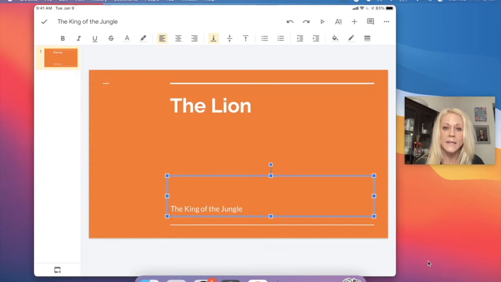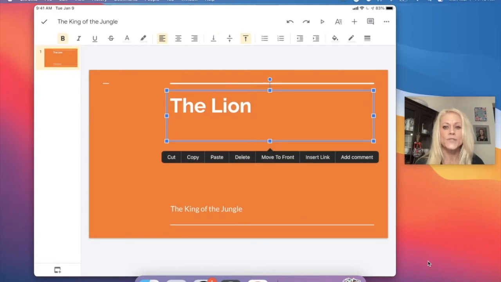Now to format, to change the look and the size and the color, I'm going to go back to tap on the lion, and I'm just going to tap 1 time. When I tap that 1 time, you're going to see a black menu appear at the bottom that allows me to do all kinds of various things, which we'll explore in greater detail in future lessons, where, for example, we can cut, copy, paste, delete, so on and so forth. But for this particular lesson, I want to show you how to change the style, the size, and the color